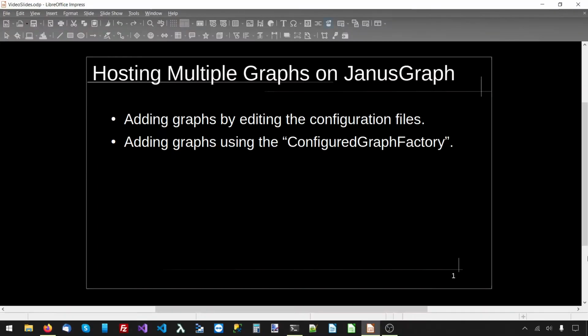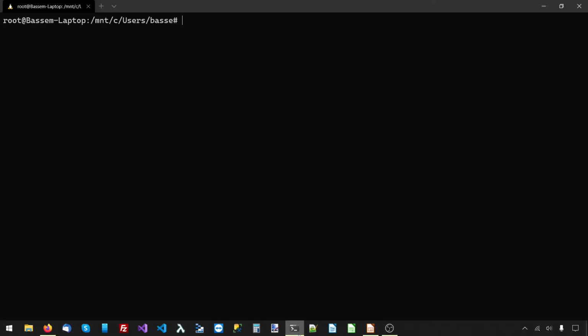So let's start by looking at the default JanusGraph configuration. Out of the box, JanusGraph is configured to host only one graph, and this one graph uses the in-memory storage backend. So let's look at this default configuration, and hopefully it will help us determine what we need to change